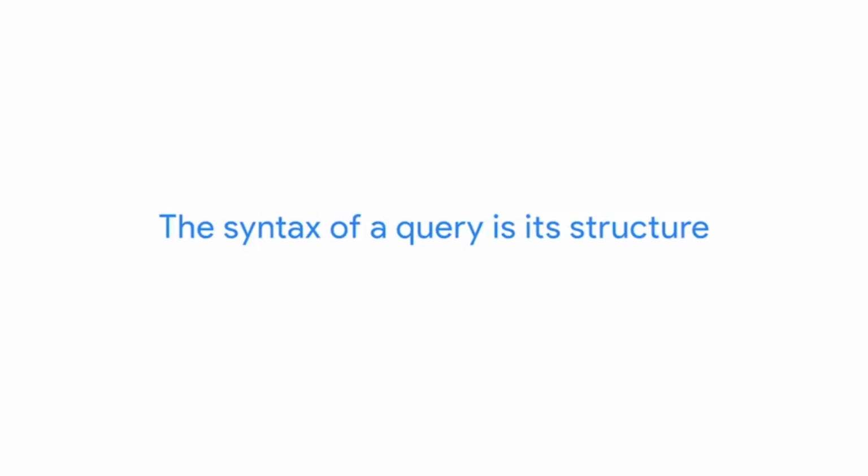The operators are embedded in the queries when pulling data from a database. Just like spreadsheet formulas, there's a few different ways to perform calculations using queries. Let's look at the syntax for one possible query. The syntax of a query is its structure. It should include all the specific details of the data you want to pull into a new table, where those details should be placed. So if you want to add values from two columns of a table, you start with the select command, followed by the name of your first column, then the name of your second column.